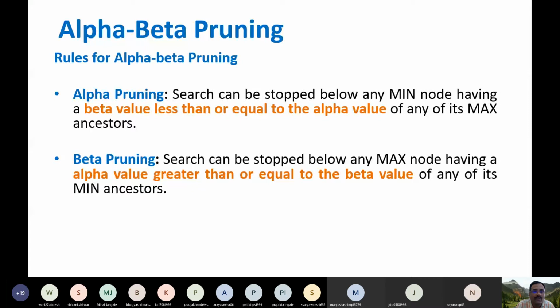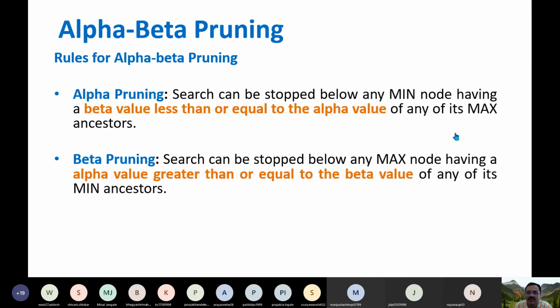Now these are the two important rules that you will have to follow in alpha beta pruning. Rule number 1 tells you when you should perform alpha pruning, and the second rule tells you when you should perform beta pruning. So at any time, alpha should never be greater than or equal to beta.